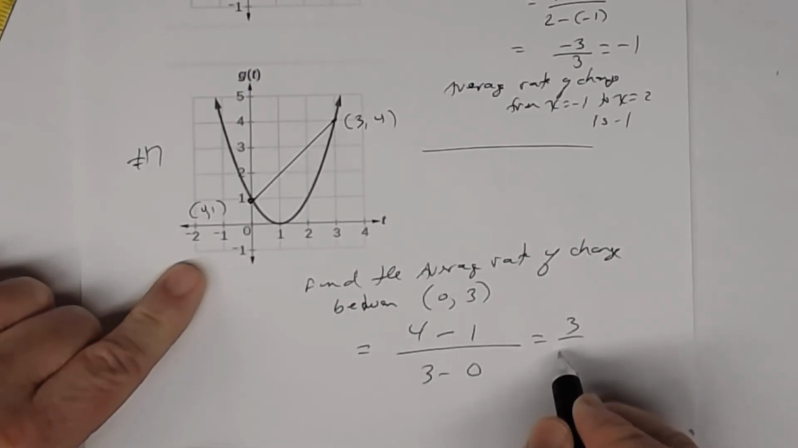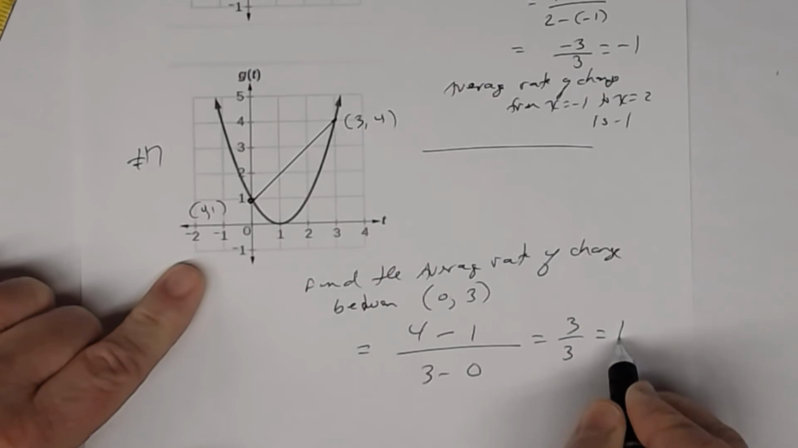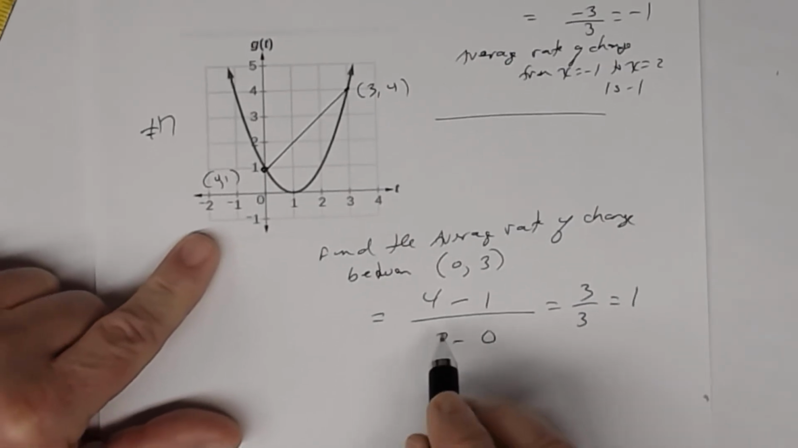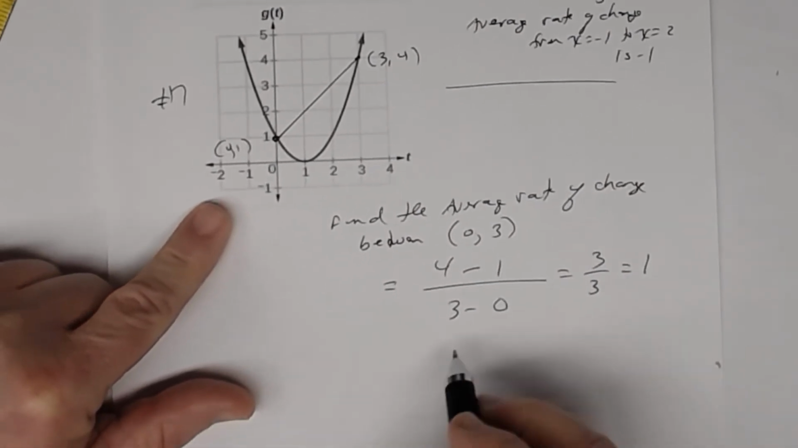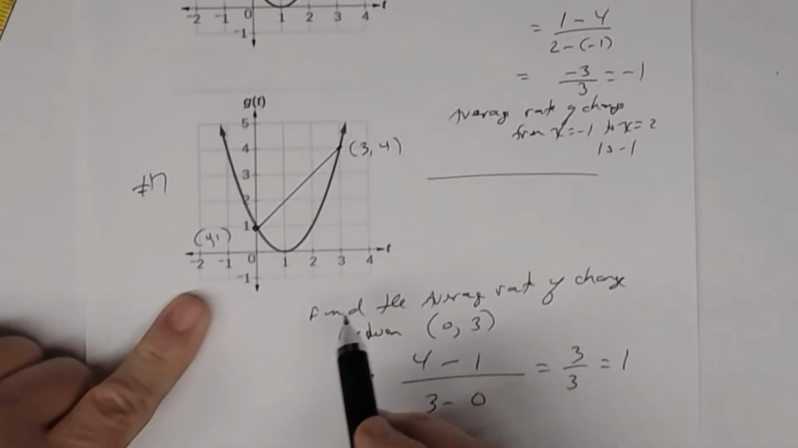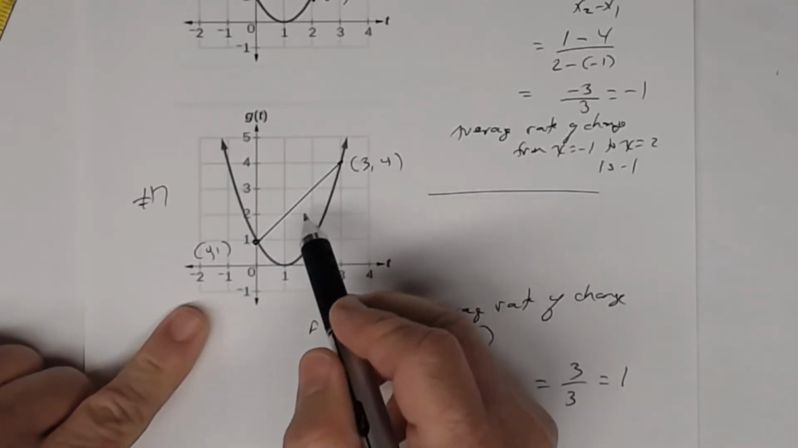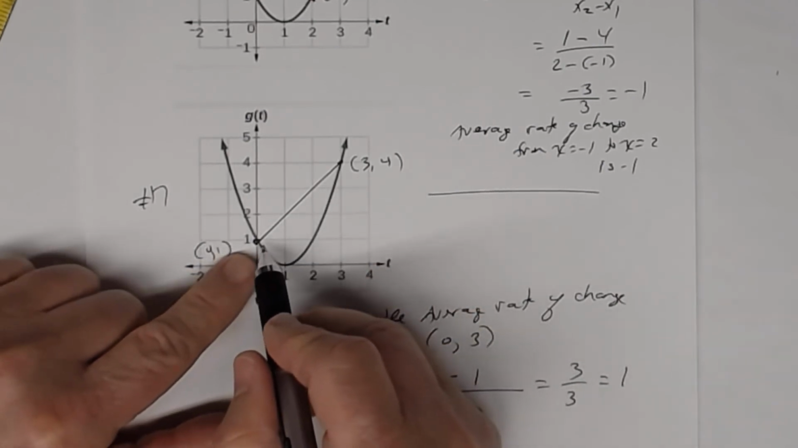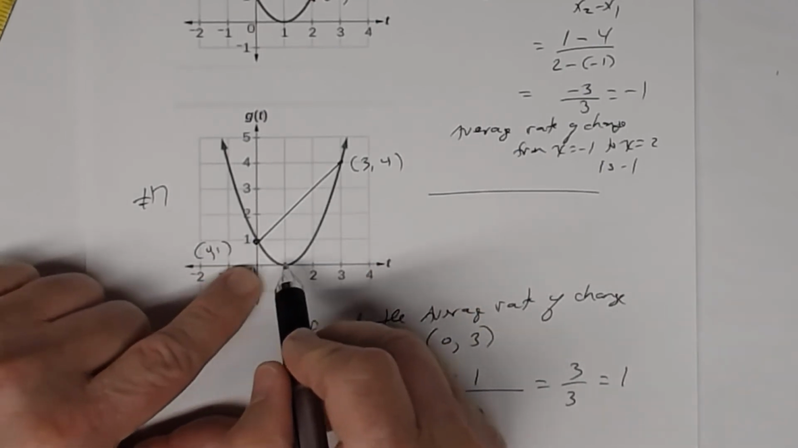3 minus 0 is 3. 3 divided by 3 is 1. So the average rate of change between 0 and 3 is a positive 1. We knew it had to be positive because that line is increasing. So what does that mean? That means from 0 to 1,